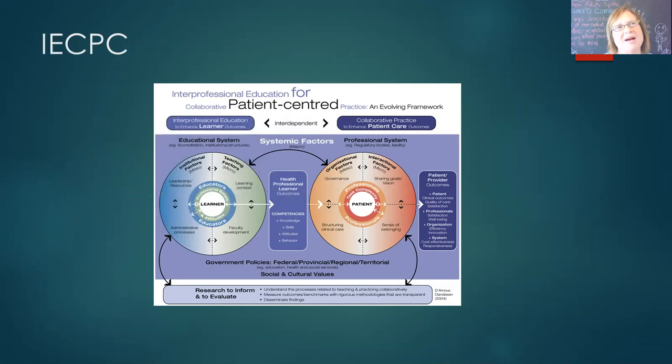Ultimately, we look at patient and provider outcomes as well. So what are the consequences of this kind of education? What are the patient consequences? So when students are educated within an interprofessional model, the care they provide leads to certain patient outcomes. Is that different than people who are educated in a model that's very siloed or traditional, where they just practice mostly within their own category of healthcare worker? What are the professional experiences, and what's their level of satisfaction? And within the system, are we able to continue to see that systemic savings?